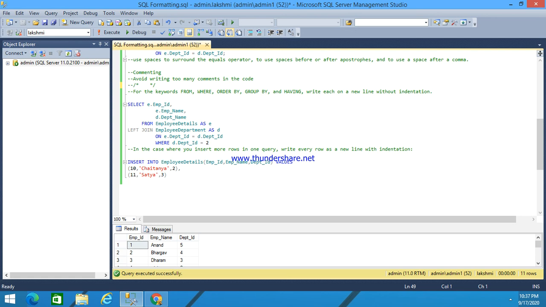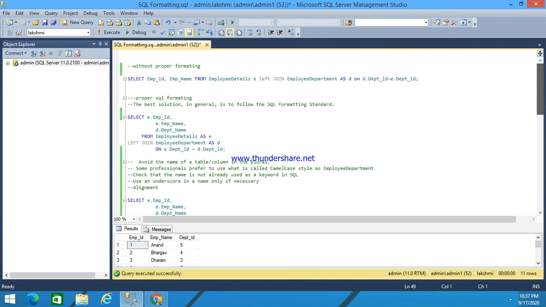These are some of the simple formatting methods used in SQL coding, so that with the help of SQL formatting, errors can be identified easily, and the table or column can be modified easily. This is how in general we use some SQL coding techniques.